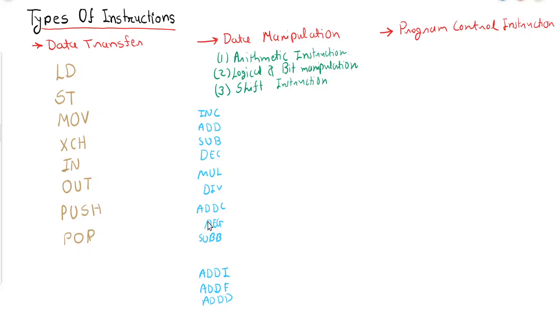Similarly, the subtract with borrow instruction subtracts two words and a borrow which may have resulted from the previous subtract operation. Similarly, the negate instruction effectively forms the two's complement of a number. All these instructions are part of arithmetic instructions. And to perform the next level of operation, multiplication and division operations are also supported by them. Okay, so these were all the arithmetic operations.